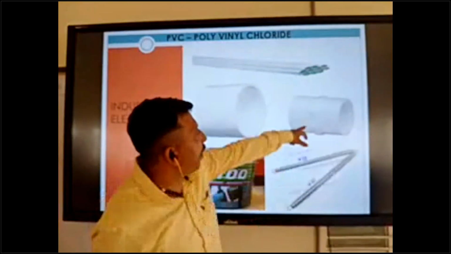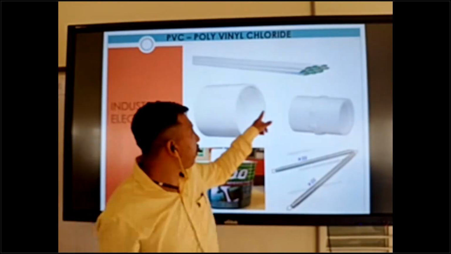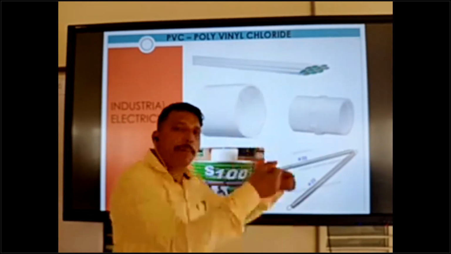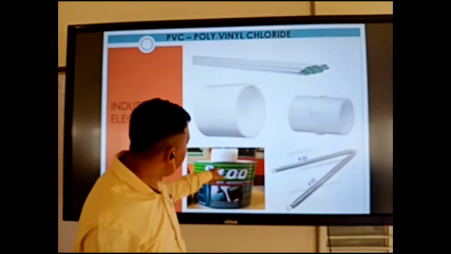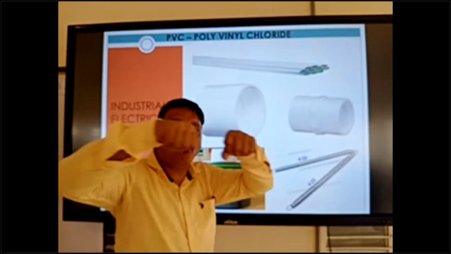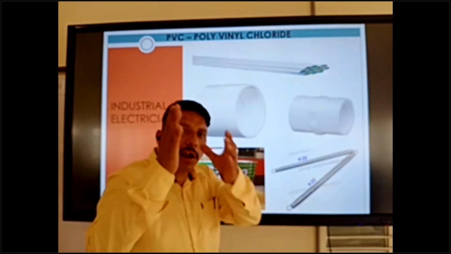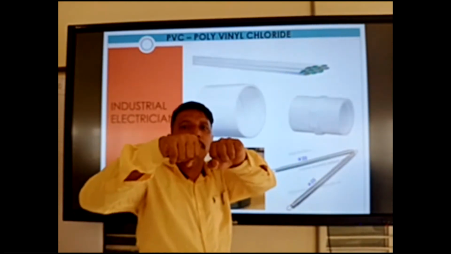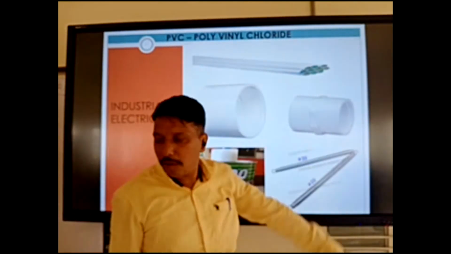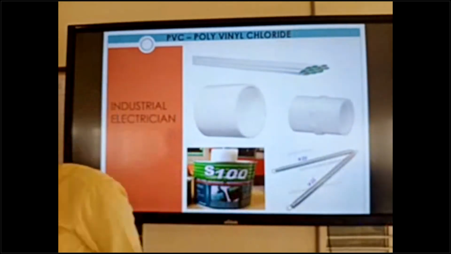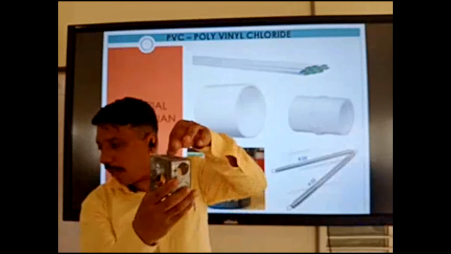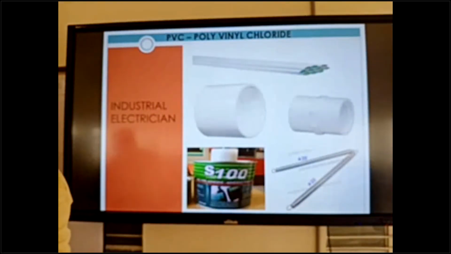And adapter. Coupler is for joining two pipes. When one pipe ends and another pipe joins, we can use a coupler and solvent glue to make it strong and tight. If you put the glue, it will not open again, so check the correct location and straightness, and then put the glue. This is the glue and this is the coupler. Adapter, if you drop the pipe into a box, suppose this box has a hole, we can use an adapter like that.